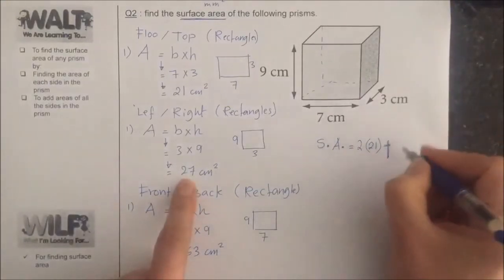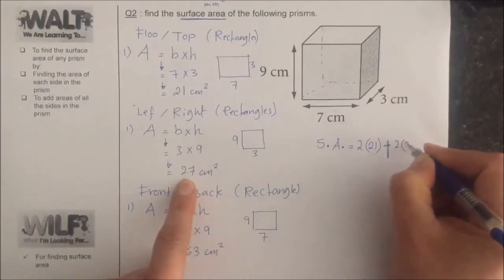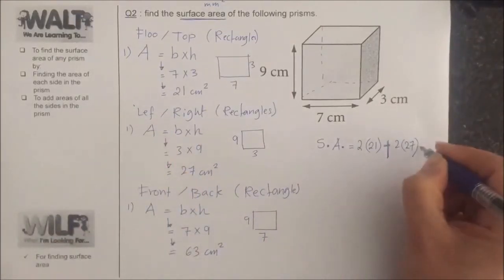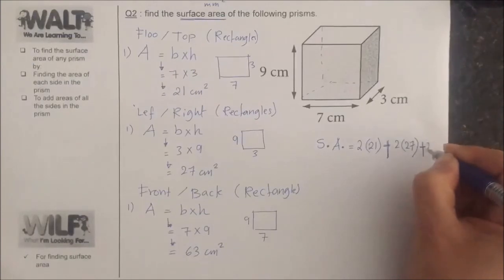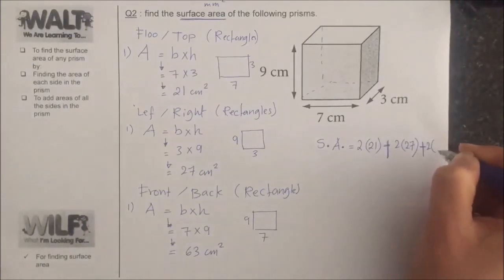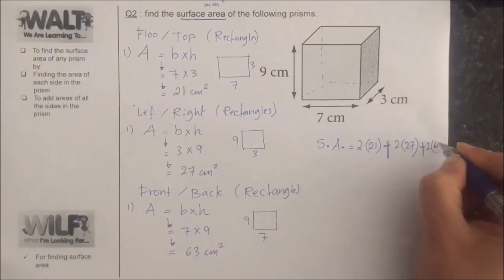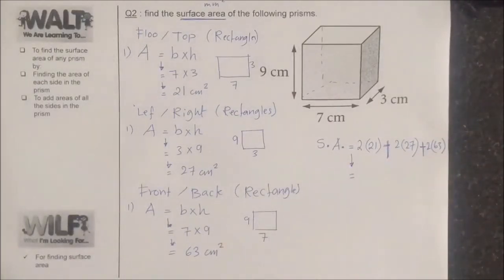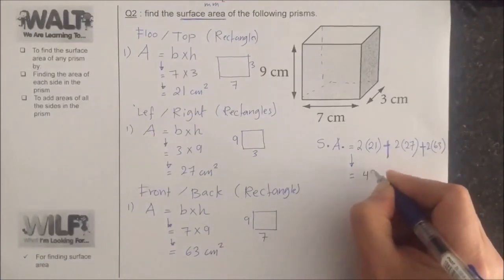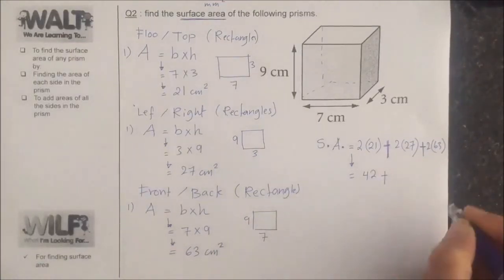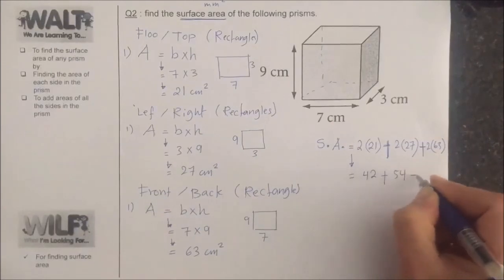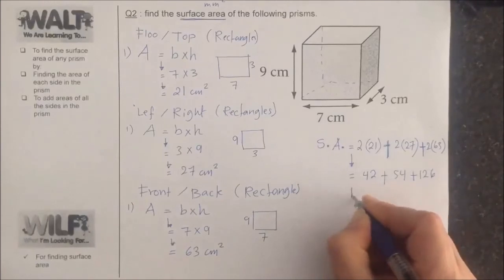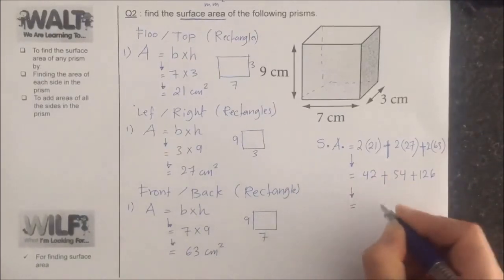So I have two faces with the size of 27, which is the left and the right, and then I have two faces with the size of 63. Now let's simplify. So 2 times 21 is 42, plus 2 times 27 is 54, and 2 times 63 is 126. Add, and it's